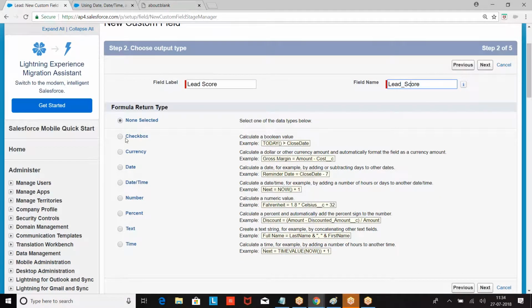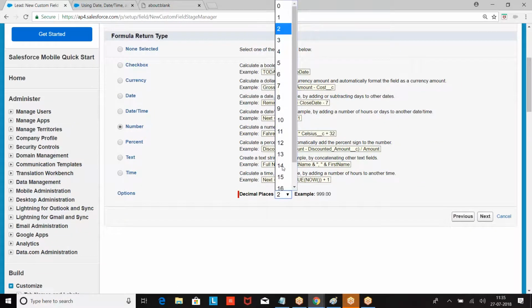Then what is my value? Number. Are you going to get decimal points?